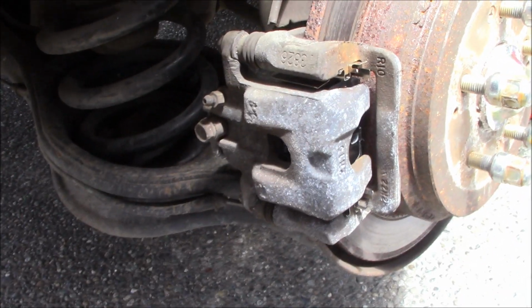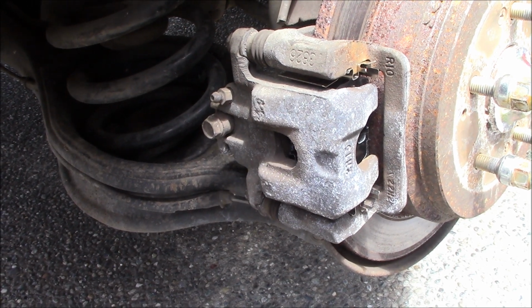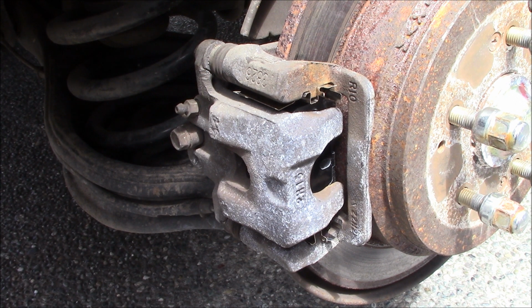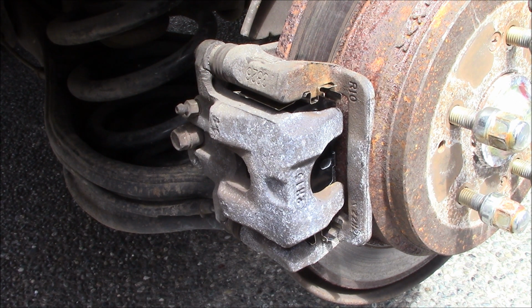And depending on how rusty the caliper and bracket is will determine if you need to take a wire brush to it. I did have to take a wire brush to one side, but the other side was all clear of rust, mainly for some weird reason. I don't know, but hey, works for me. So, alright, this was the passenger side rear brake,